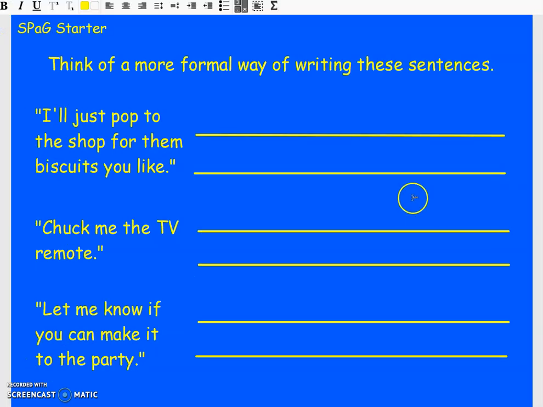So I'll show you how to do the first one very quickly. The first one says, "I'll just pop to the shop for them biscuits you like." So it sounds very chatty, doesn't it? So I might put something like, and I remember to use my inverted commas for speech,